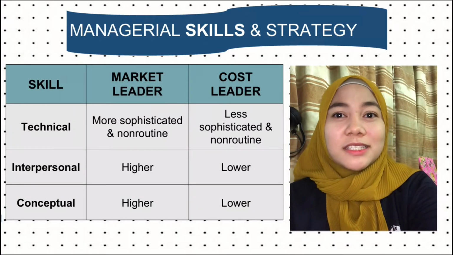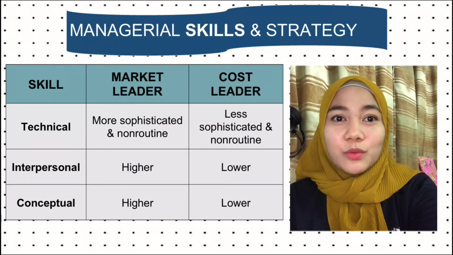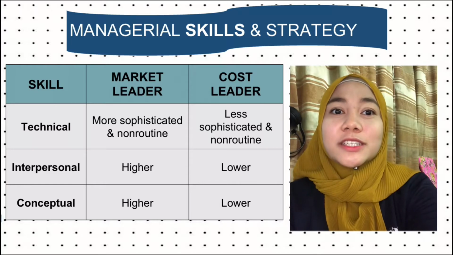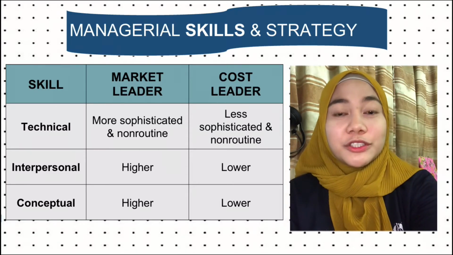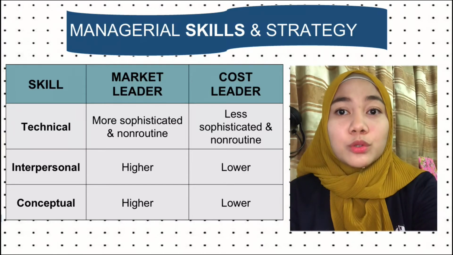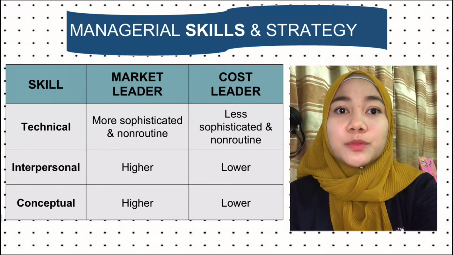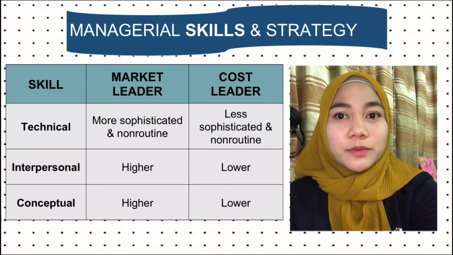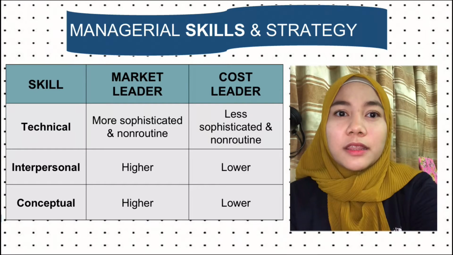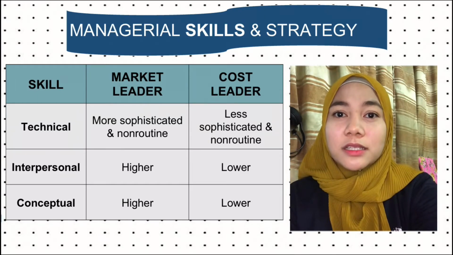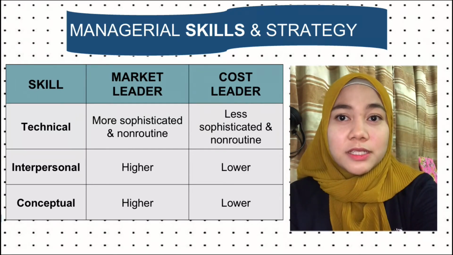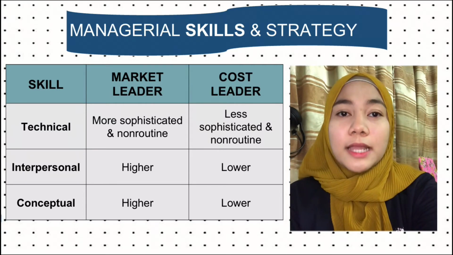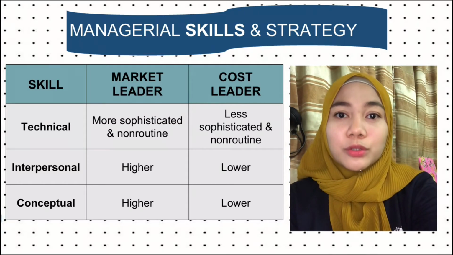Organization environment, strategy, structure, and technology, with the research on leadership, provide some general prescription for effective managerial characteristics at each extreme of the strategy continuum. In the most general sense, effective managers possess technical, interpersonal, and conceptual skills. Leadership research adds the concept of personal trait and style. We examine these factors and ask the degree to which each is more or less relevant in market leader and cost leader